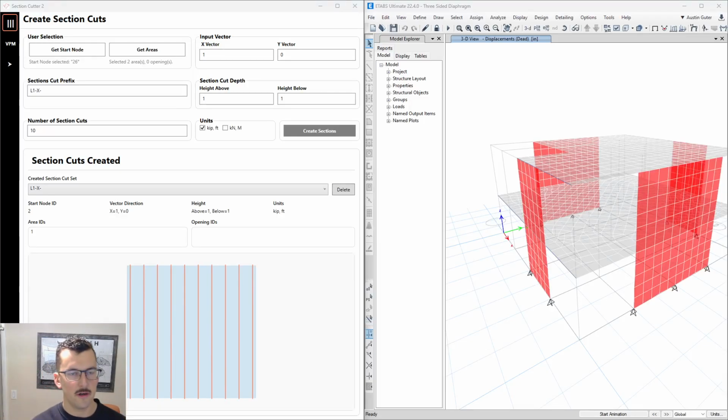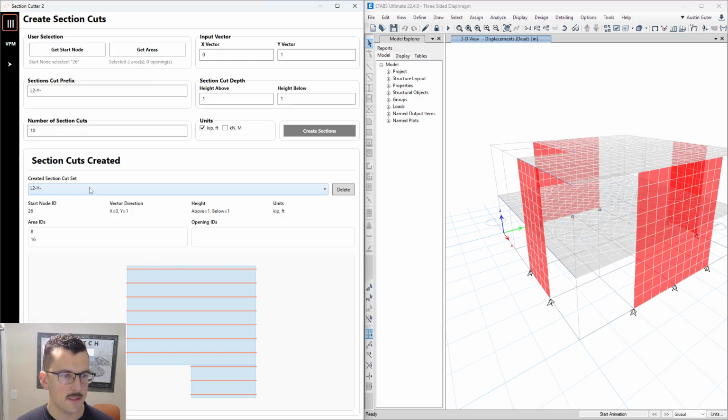Guys, this is Austin here showing off the new section cut tool that was just released on GitHub. It's been updated quite a bit since the last time it was released, and the way it works now is kind of section cut groups where you give it a prefix and then you can review your results. You can see over here we got a simple kind of two-sided or two lateral force resisting elements on each